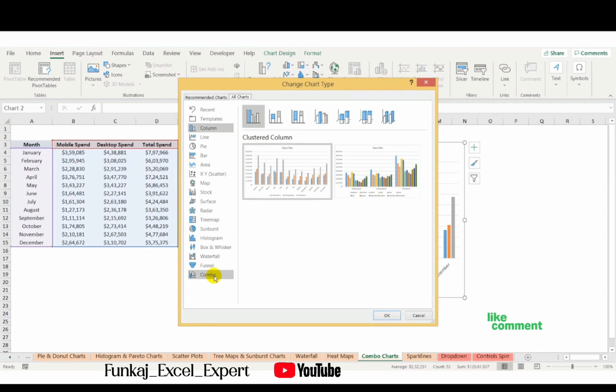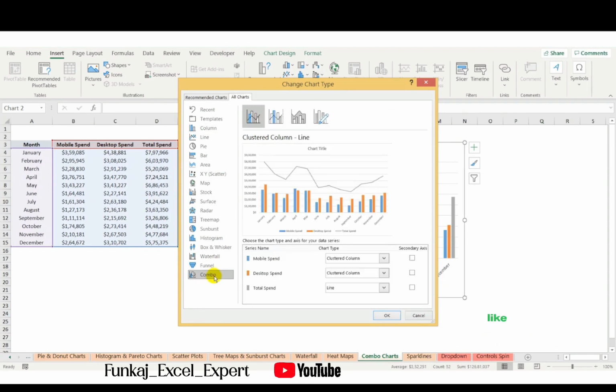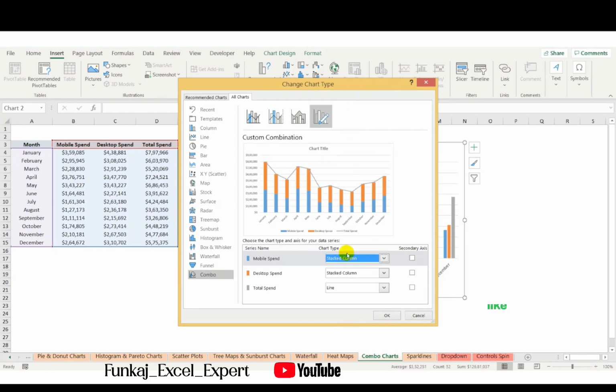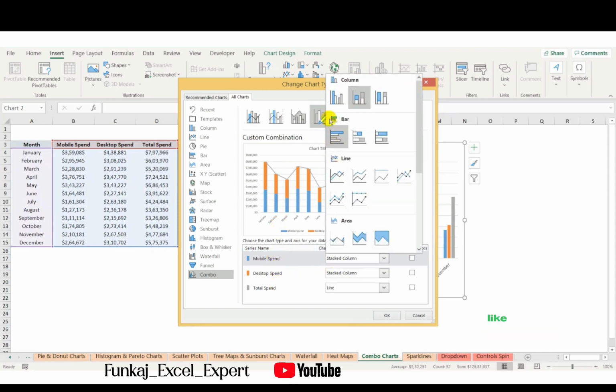In this case, we have it as the last option. So I'll select the combo chart and this will allow me to change the chart type of individual columns or individual fields in our data. So I can change the way my mobile spend looks, the desktop spend looks, and even the total spend looks. So here I will have the mobile and desktop spend as clustered column. You can change it to something else as well by simply clicking on this drop down and selecting an option from the list. So if I wanted, let's say, a stacked column, I could select a stacked column, make sure this is also a stacked column, and now we have a stacked column using mobile and desktop spend. Let's go back to clustered column and stick to that